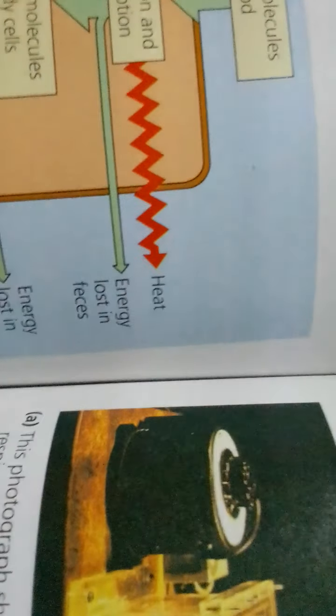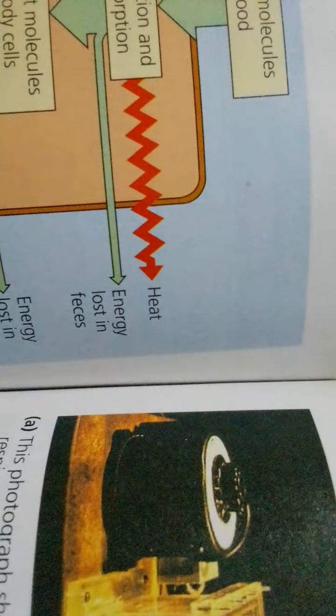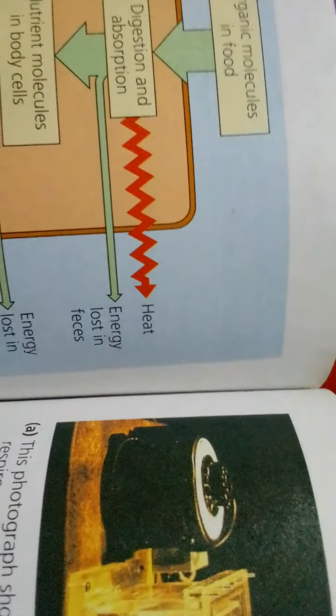Back to this photo. This photograph shows a ghost crab in a respirometer. The temperature is held constant in the chamber, with air of known oxygen concentration flowing through. The crab's metabolic rate is calculated from the difference between the amount of oxygen entering and the amount of oxygen leaving the respirometer. The crab is on a treadmill running at a constant speed as measurements are made.